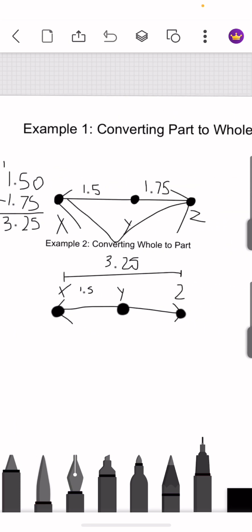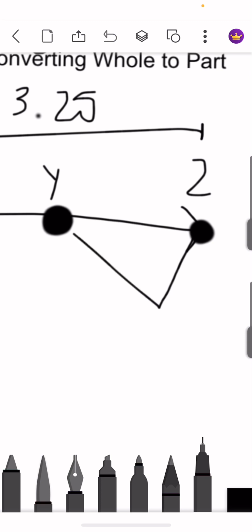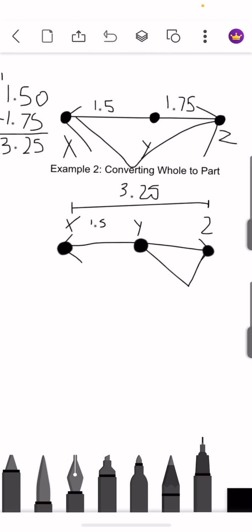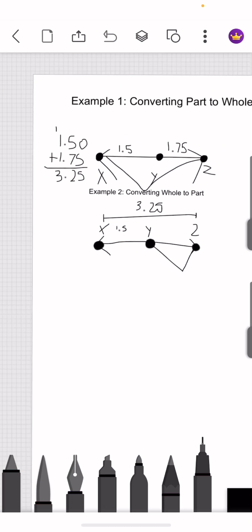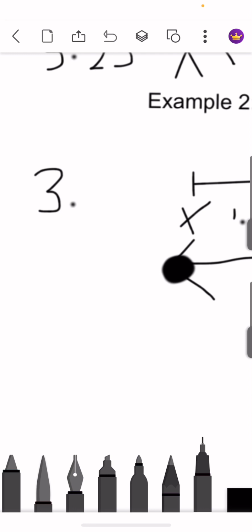Now for our second example, you convert the whole into a part. So XZ is 3.25, and then XY is 1.5, but YZ is missing. So now I need to subtract those. If you're converting part into whole, you add. Whole to part, subtract. Now I subtract 3.25